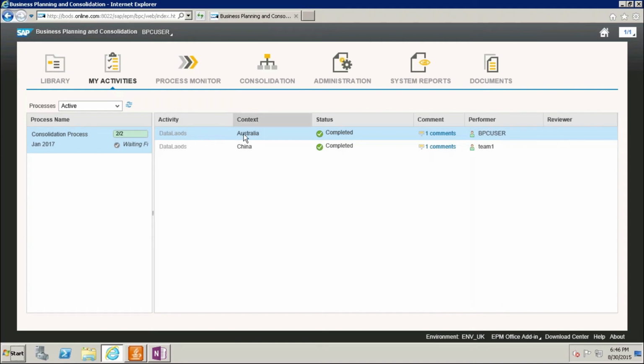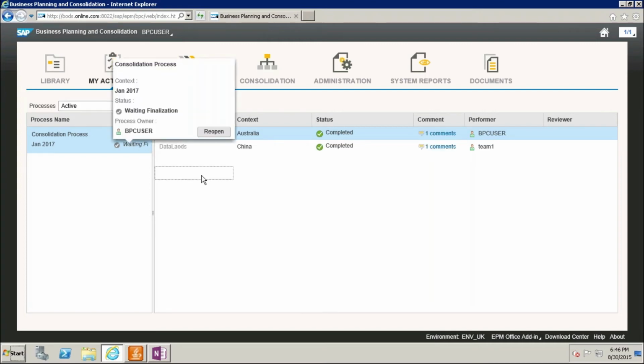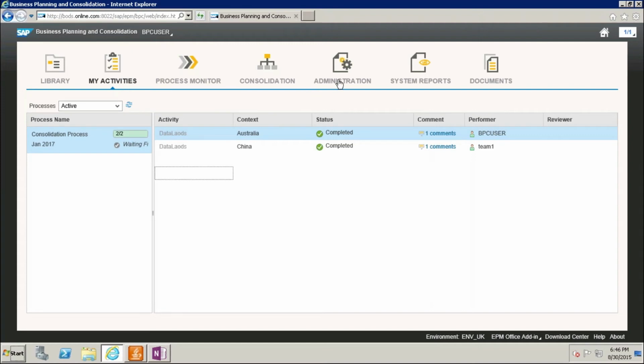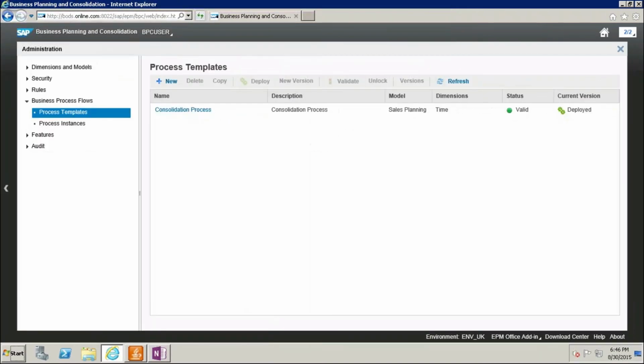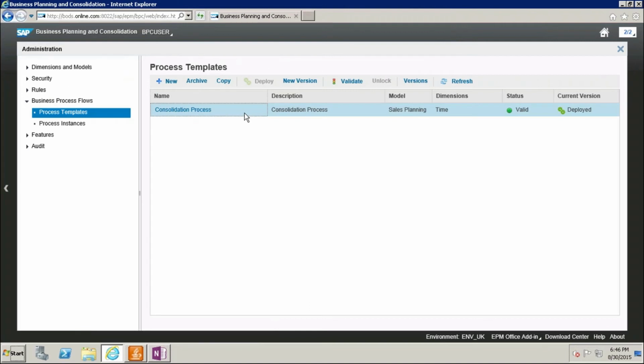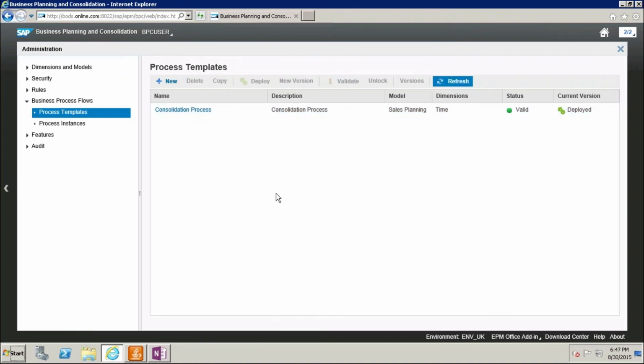We will get one finalize option here. Waiting for finalize. What is that, finalize things? Use a template. No, here it is deployed. Refresh.